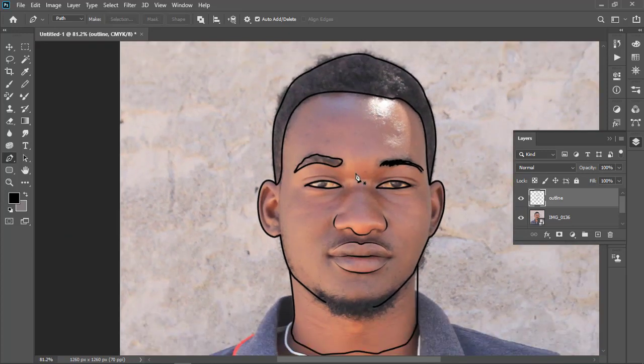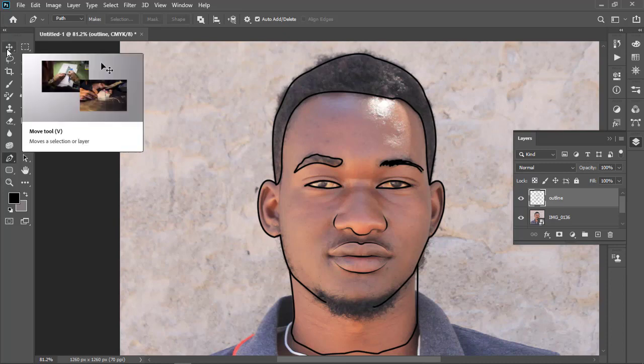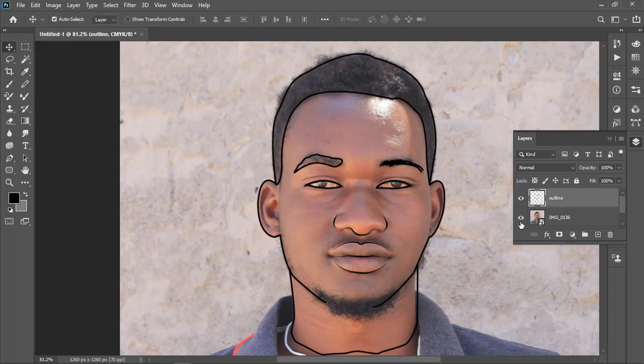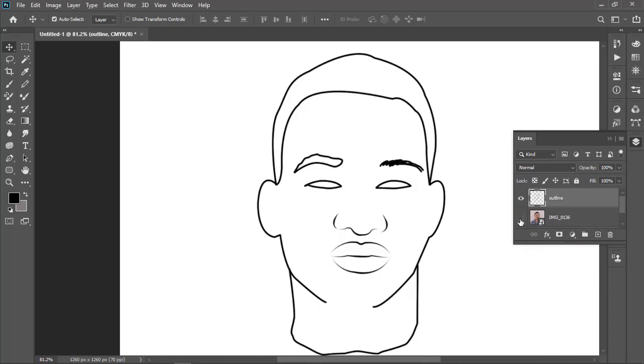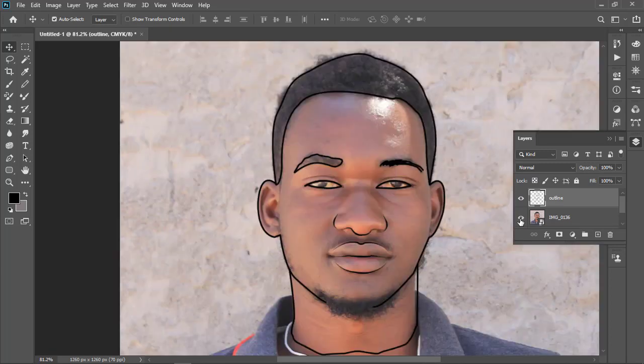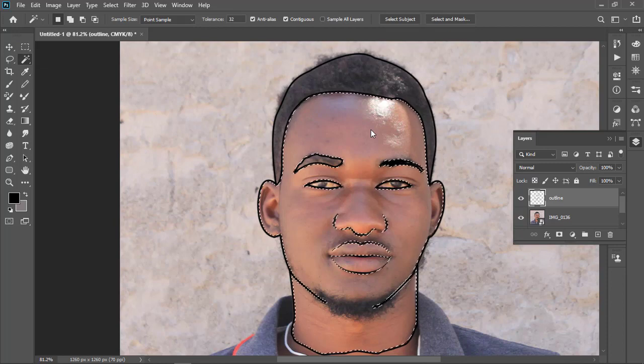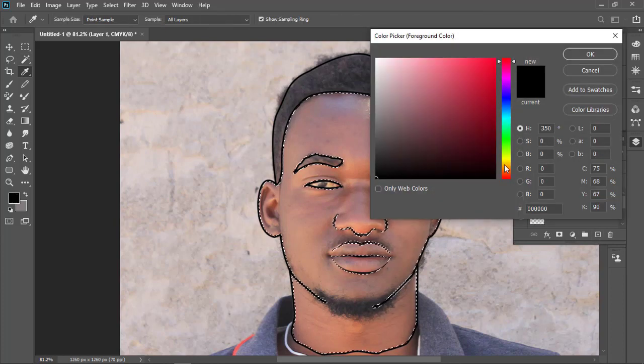Now you are done with outline. Now let's go to the next step. Remove it. On the next step, we are going then to shade. So now still on the outline, magic wand, then you just press anywhere inside the face. So you create a new layer. After creating a new layer, then you look for the perfect color that you want to use, the skin tone. For me, I'm going to use this. Okay, then you press OK.